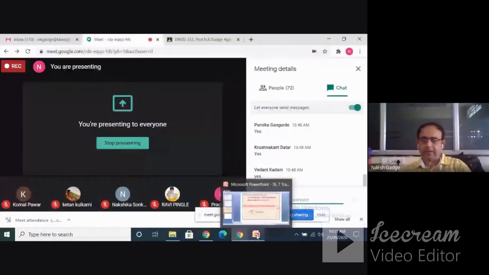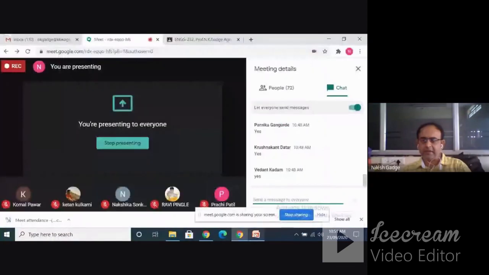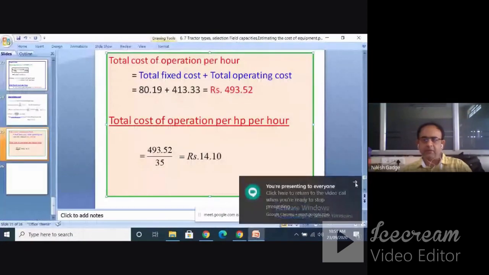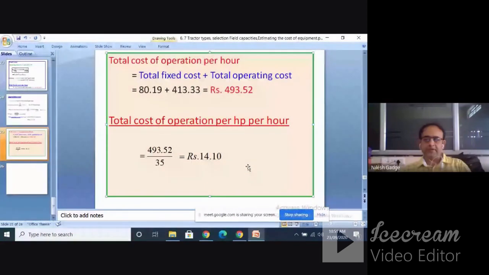I will take more problems on this. This is not the last problem. I will take one or two problems on this so that you can understand this concept, or how to calculate the cost of operation. So when it is divided by HP, it will be in